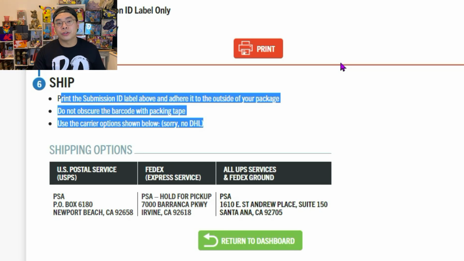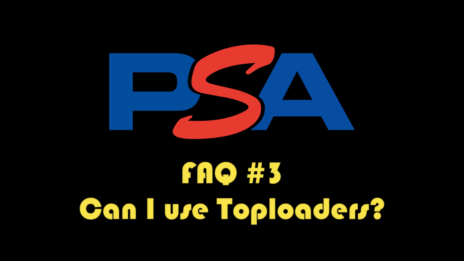Alright, frequently asked question number 2 is around shipping. Now, if you're located in the US, you of course can use USPS, which is the United States Postal Service, or you can use FedEx as well. But my understanding for international card submitters like myself, we only have one choice, and that one particular choice is